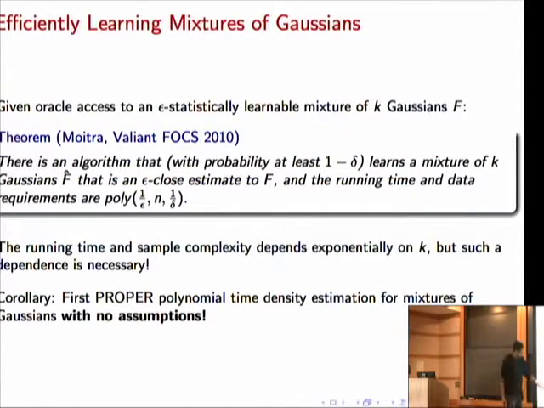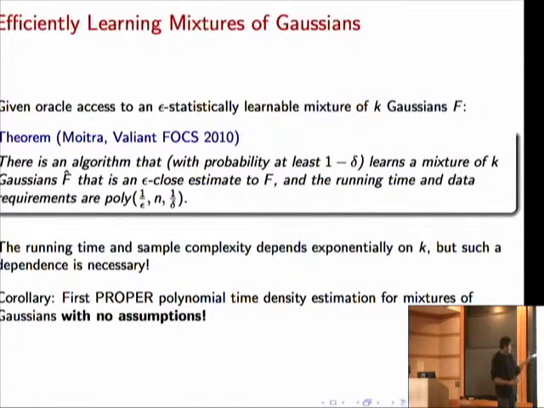And so I can tell you one quick corollary of this. It turns out that you can get proper polynomial time density estimation for mixtures of Gaussians. So what I mean by that is even though you have to assume here in this theorem that the mixture of k Gaussians is epsilon statistically learnable, this lower bound on the mixing weights and the pairwise statistical distance,